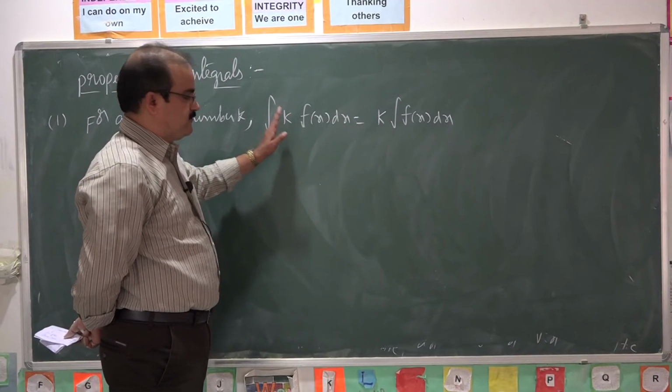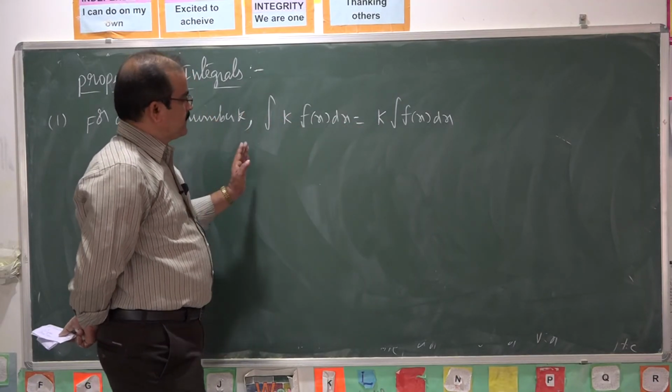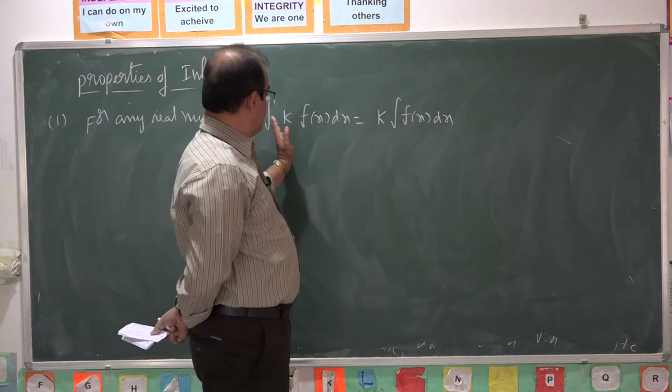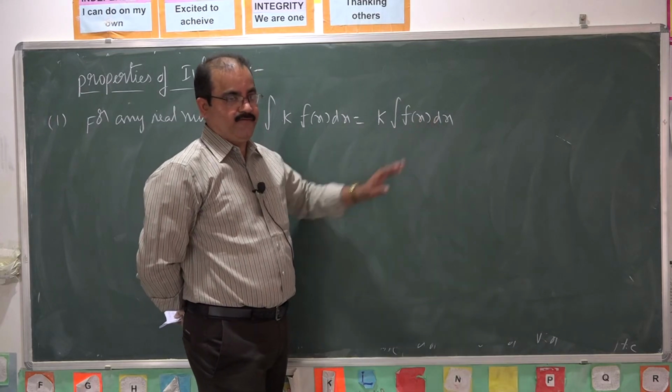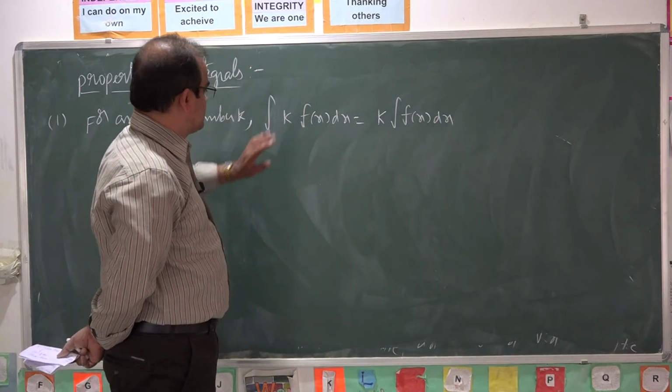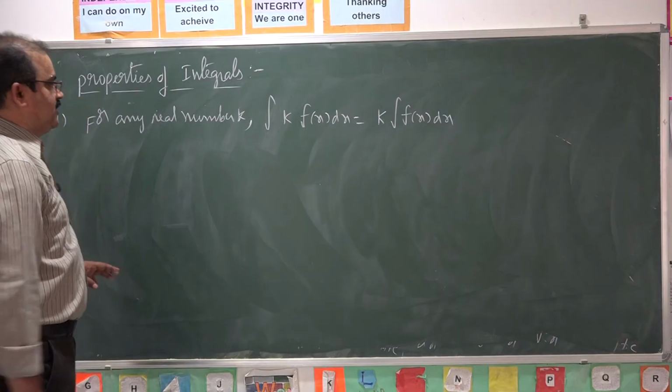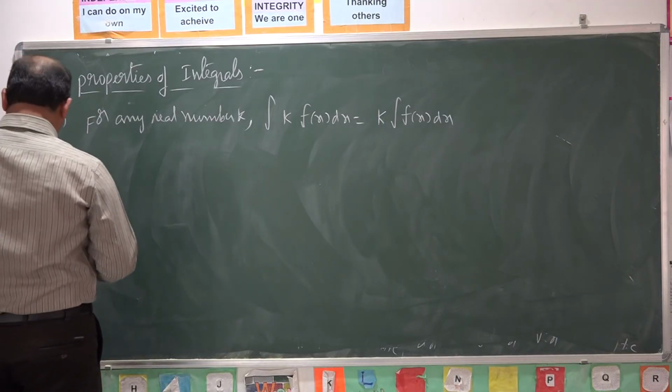Take that constant out of the integration. So we get integral of 5 into f of x dx is equal to 5 into integral f of x dx. In general, it is k, where k is any real number. Next,